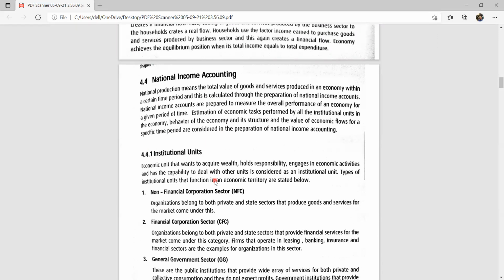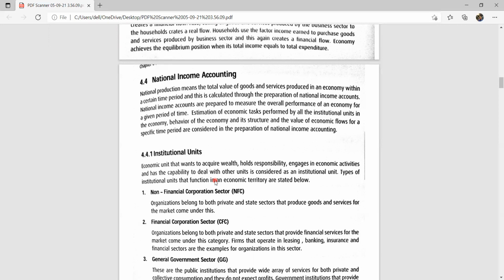Then the income statement implies the profit or loss of the business as the ultimate target. As well as that, a country should prepare a set of accounts